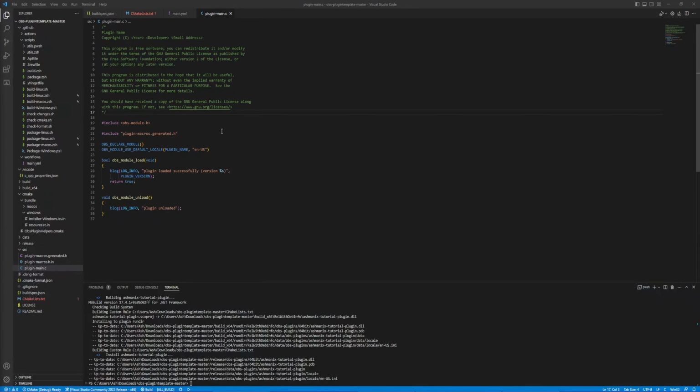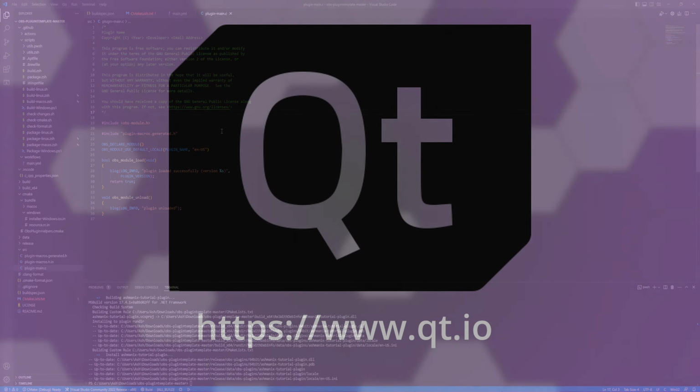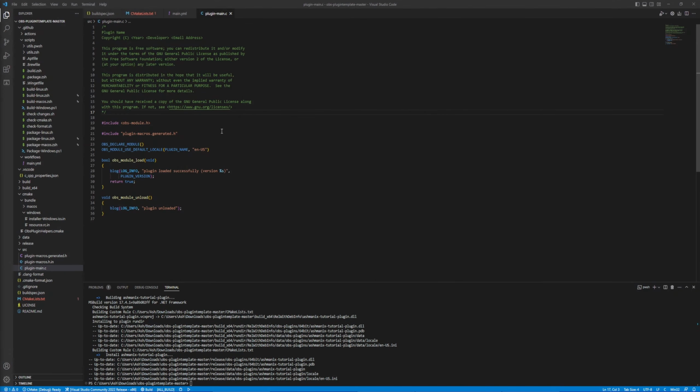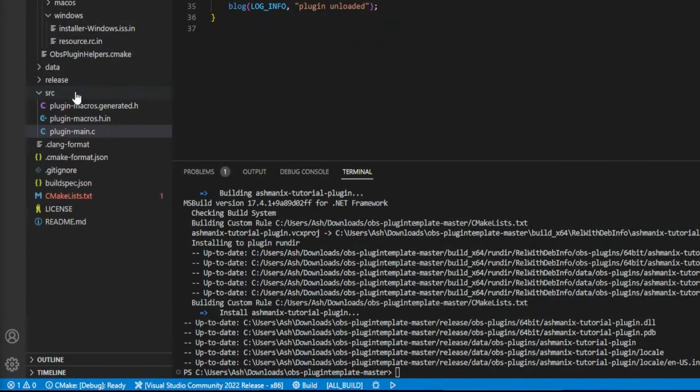And this will just be an extremely simple example of using some of the Qt UI framework that is part of OBS, and just doing something very basic, just as something to hopefully give you an idea of what's involved. So the first thing I'm going to do is create a new